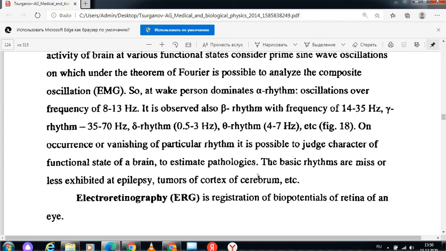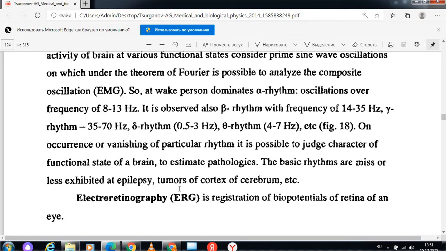The basic rhythms are more or less exhibited at epilepsy, tumors of the cortex of the cerebrum, or different other changes. Changes of the basic rhythms show us different pathologies. So we estimate these pathologies. And we go into